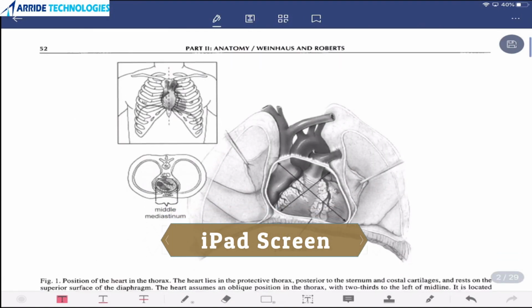Now how to write it, you can see a few options at the bottom most part of the screen. So I will select the pen option. Now using the pen option, I will just do the markings. So this is the upper, whatever the markings are. This is pericardium, so I'll write it down as,